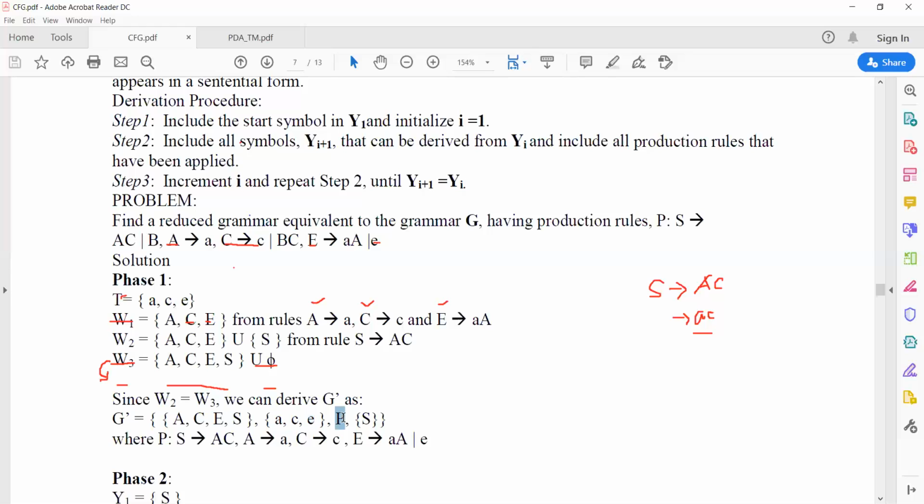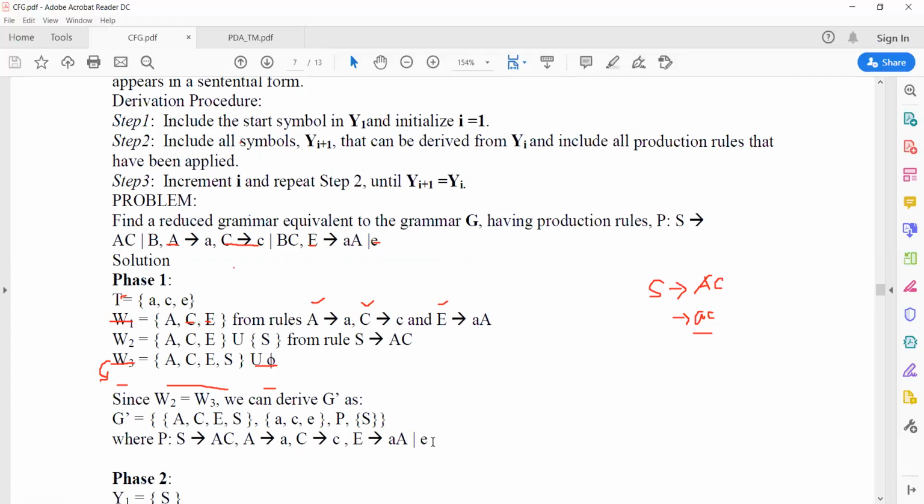Now P is the production rule. What production rules do you have now, from which you get this? You can get A produces AC, A produces a, C produces c, and E produces this one. So it was the same as the first one.